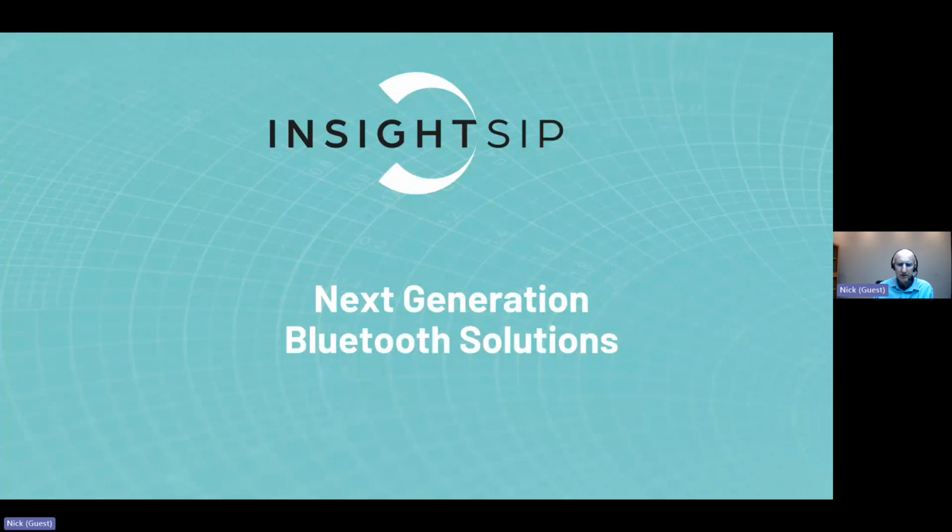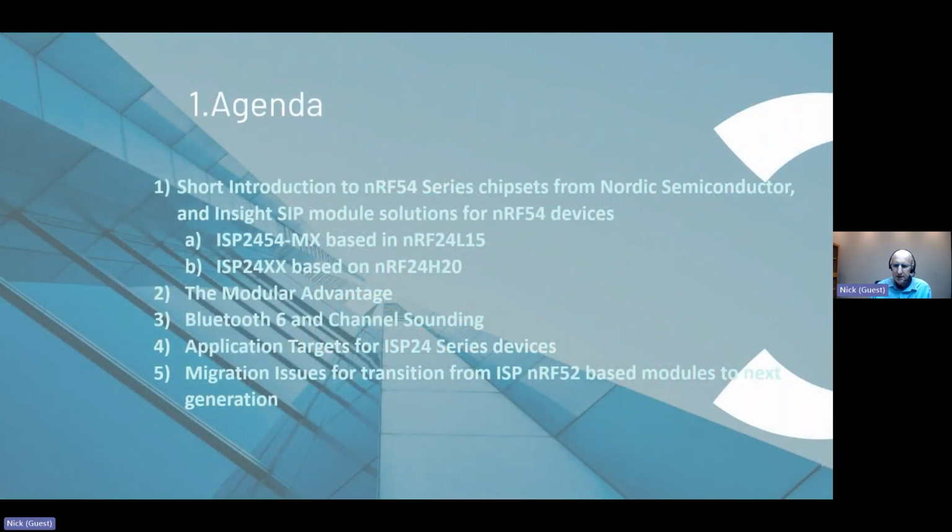Yes. Okay. So I'm going to talk about next generation Bluetooth solutions, and in particular our modular offering. So just to summarize what I'm going to talk about, our Bluetooth modules are all based on Nordic Semiconductor. You may already have heard directly from Nordic Semiconductor about their new devices. I don't really intend to rehash all of that, though I will obviously have to explain the basics of what those new devices offer. So I'm going to focus on our modules that will be based on these,